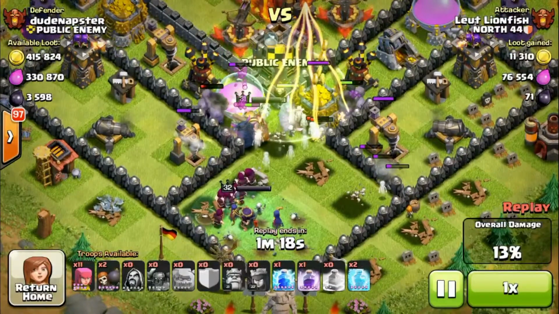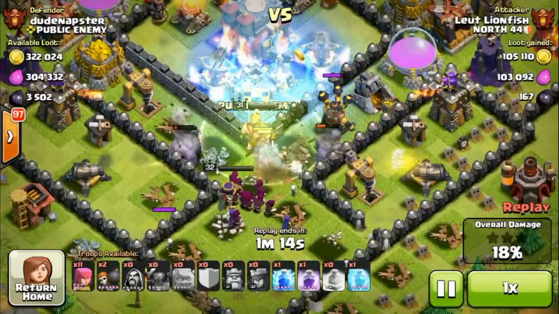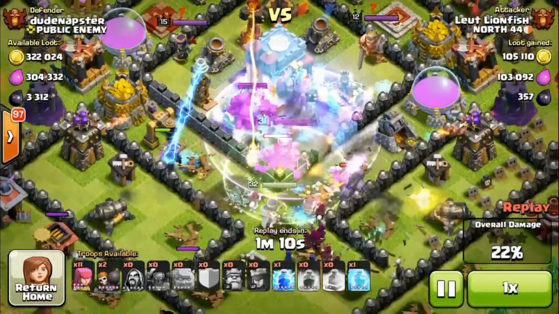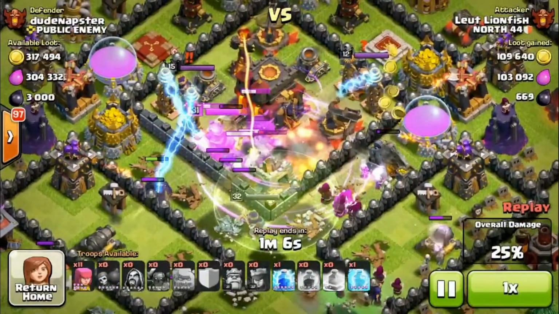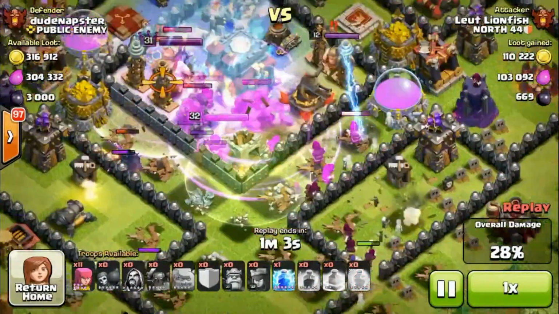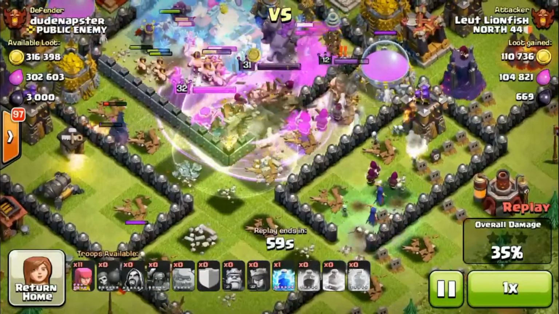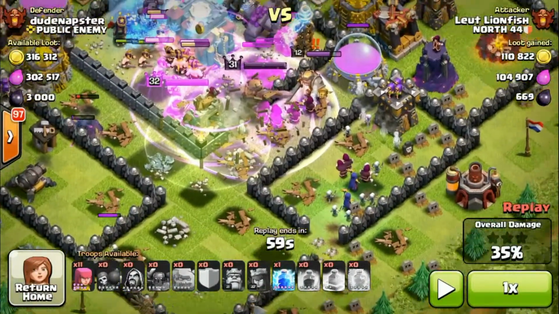So I placed the jump spell down just to get everything into the middle. I'm going to freeze up the Inferno Tower and 2 Xbows there, and I'm immediately going to rage up my king and P.E.K.K.A.s that are in the middle, as well as it's going to catch some of the wizards on the outside, raging them up, as well as my queen. So this is actually a really good thing. Let's go ahead and pause again. So right now we can see that a P.E.K.K.A. is over here. He's actually doing...